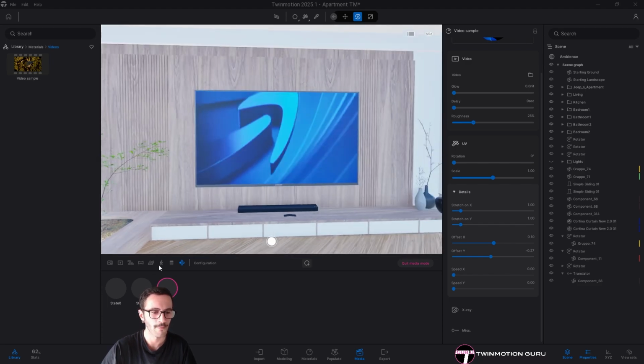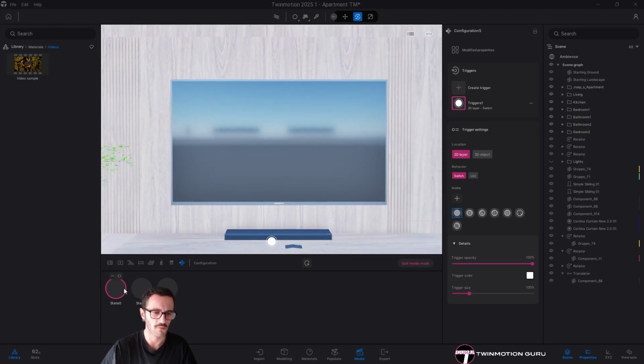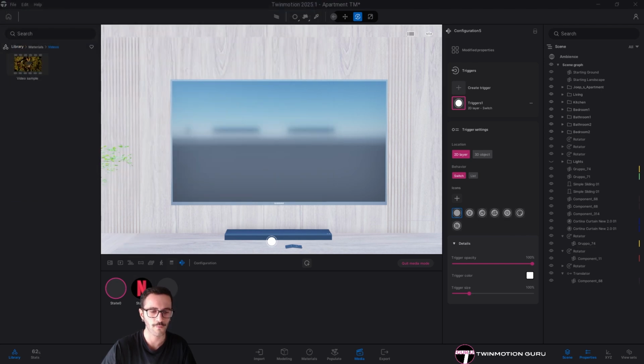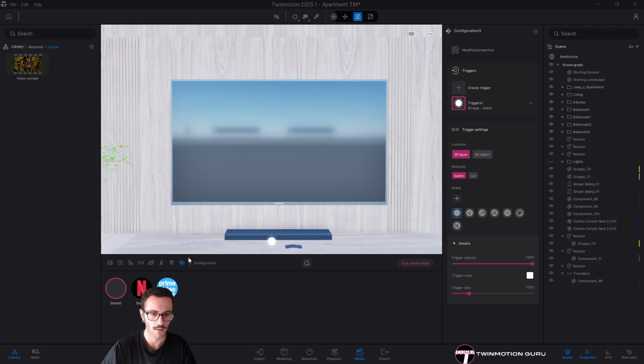And from here, of course, the TV switched off could be with this black turntable, but this specific one, so I'm not capturing it from the Twinmotion preview, but I'm importing an image already downloaded from the web that is, of course, the Netflix logo. The same thing with the Amazon Prime Video logo.